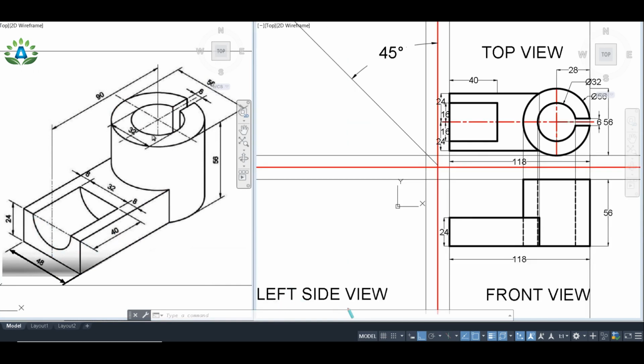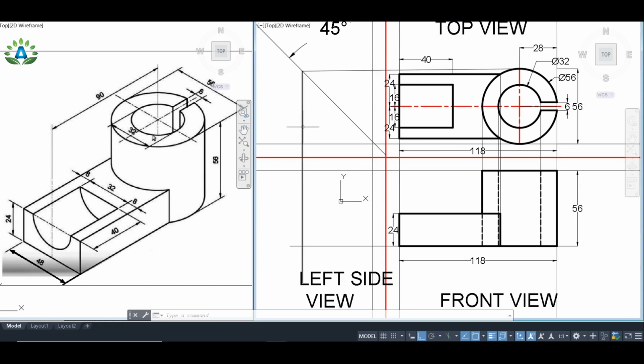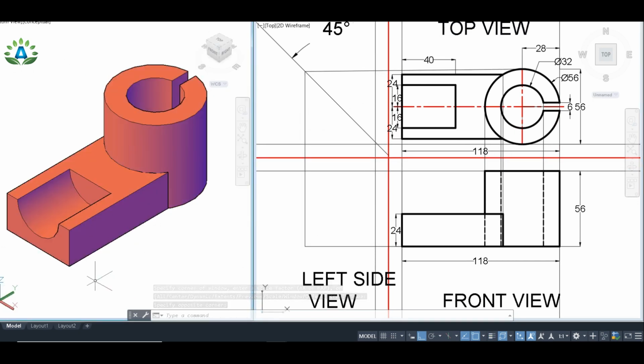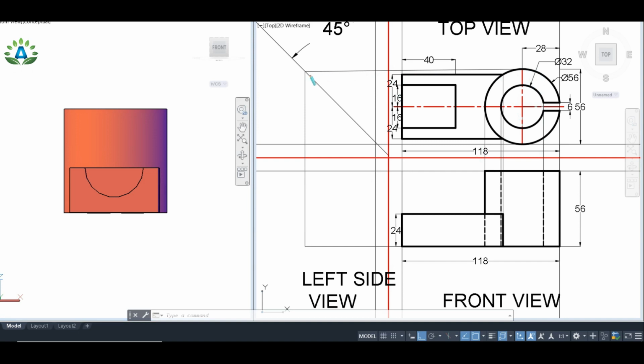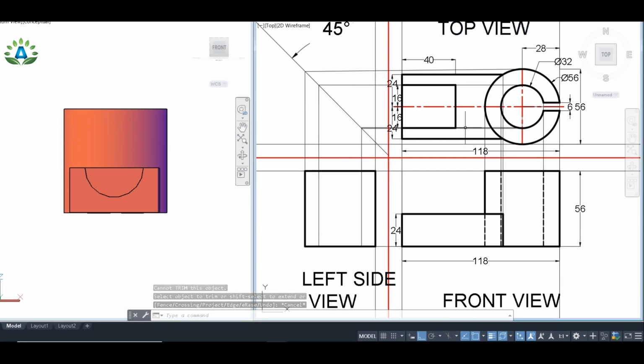Now I'm moving to left side view, and first of all I'm going to project the line from this side and this side to the side view. So our side view will look like this in 3D. So this cylinder will appear as a rectangle from the side view as well in this whole part. And we know that this part is a hole, so we can see the hidden lines of this point and this point. So we have to project this point and this point to the side view, and it will appear as a hidden line. So these 2 lines will appear as hidden lines.